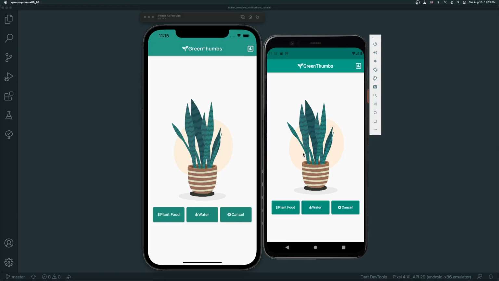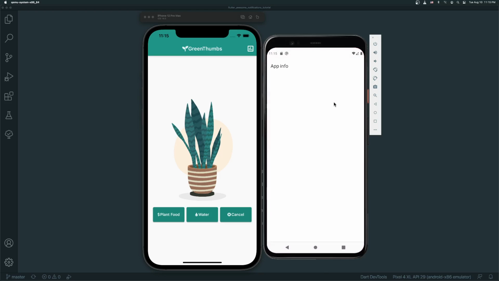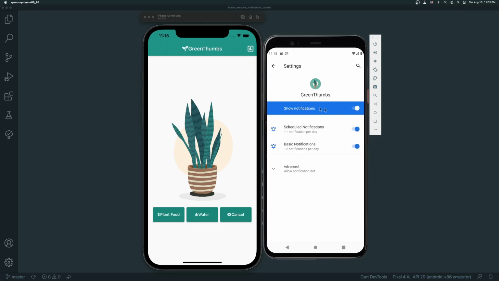When we run the app on an Android device, we won't see the dialog that we saw on iOS. And that is because on Android, notifications are allowed by default. Let's go to the app notification settings. Here, we can see that the notifications are enabled and we have two notification channels. Let's disable them